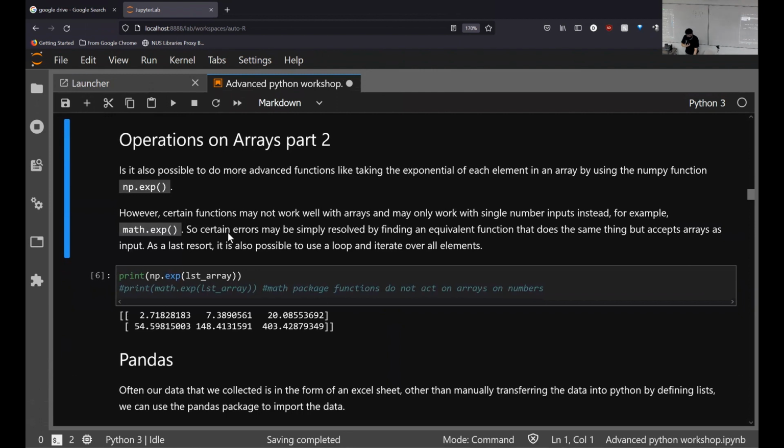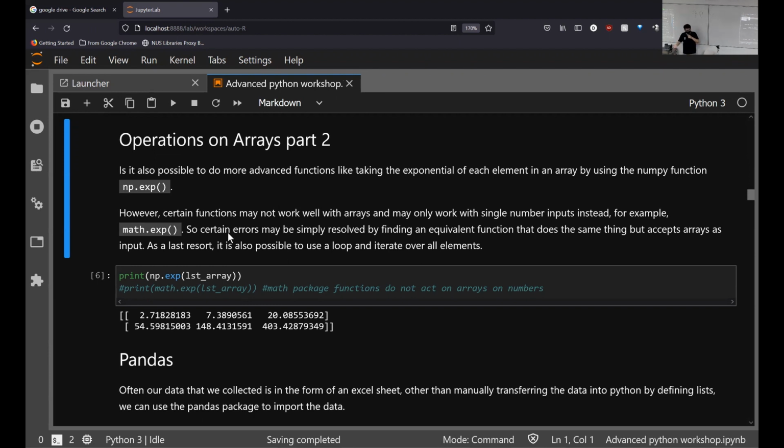Then the last thing I want to talk about with arrays is, let's say you want to fit the array into a function. Let's say you want to exponentiate a matrix. We can do this using the np.exp function. By exponentiating a matrix, I just mean that I take the exponential of each element of the array, not really exponentiate the matrix itself. So in this case, we can just do np.exp. Then you also need to make sure that your function can actually take in an array as its argument, because some functions, for example,